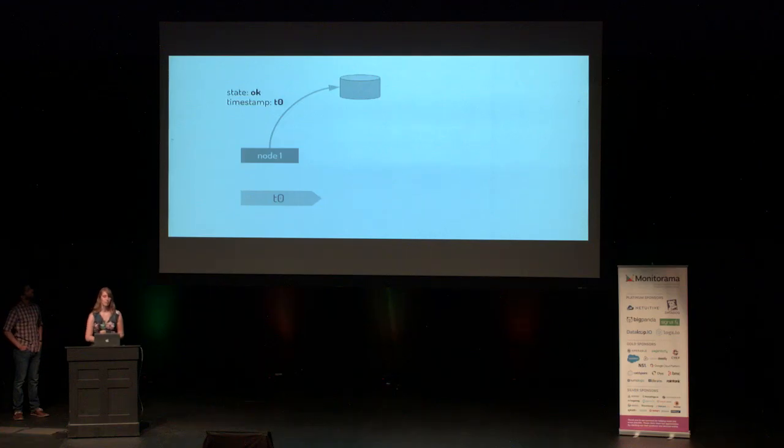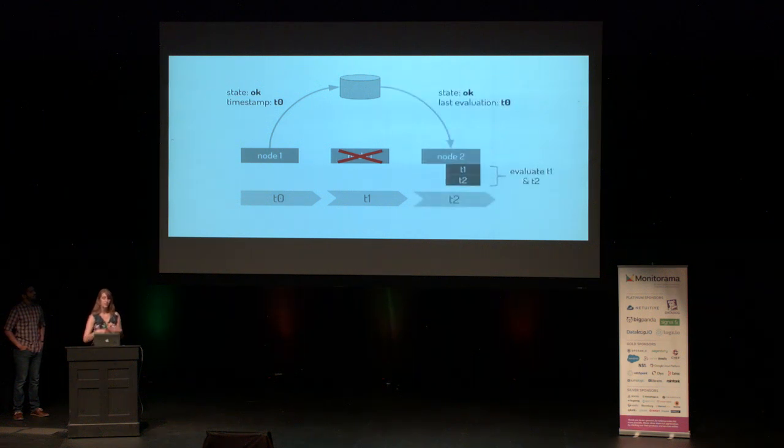The next problem was dropped evaluations. So now, when an alerting node fails, the new system keeps track of the last successful evaluation point, and when an alert is balanced to a new node, it restarts evaluation from that point. Not only does this facilitate our deploys, so you don't have outages, but it also means that alerts being rebalanced between zones does not cause a gap in evaluation.